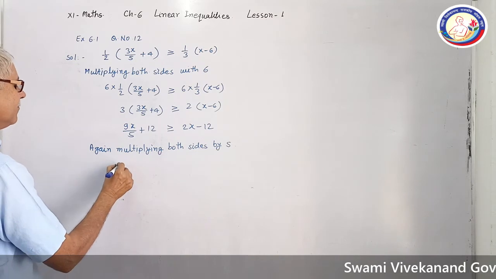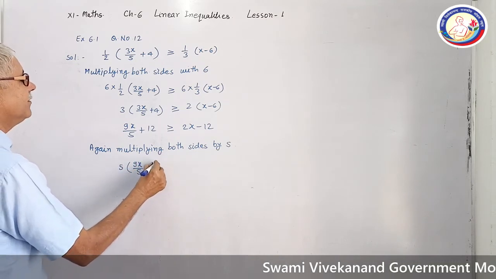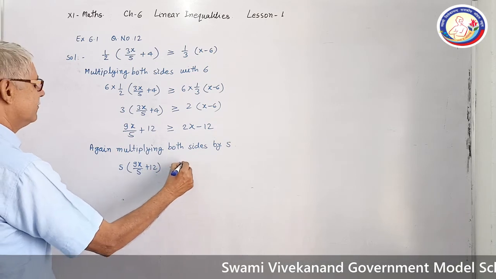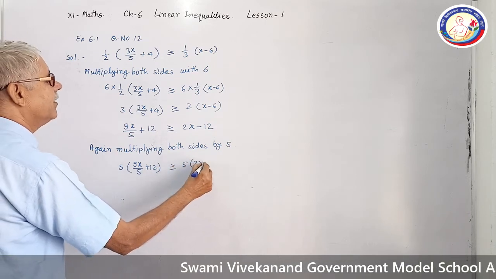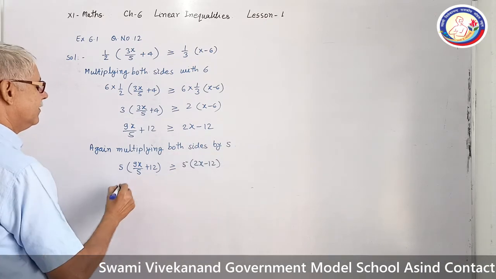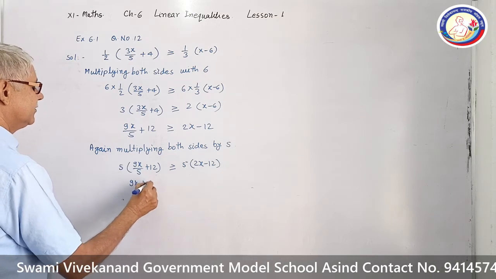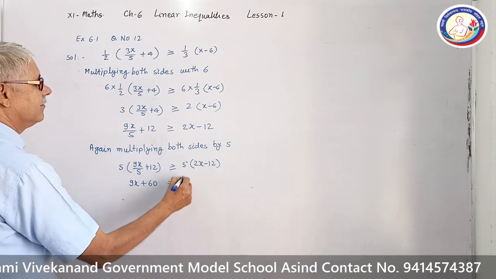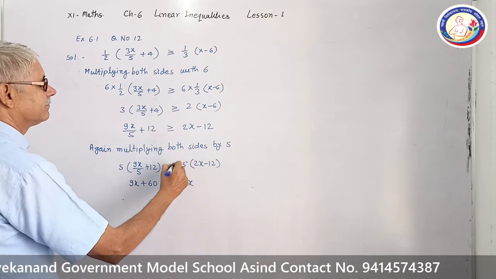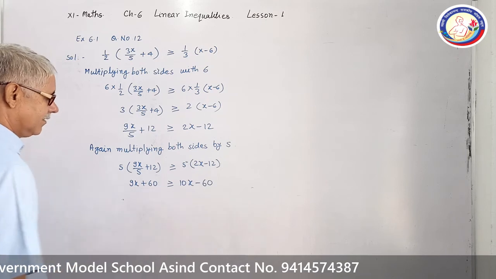We will get 5 into (9x upon 5 plus 12) is greater than or equal to 5 into (2x minus 12),